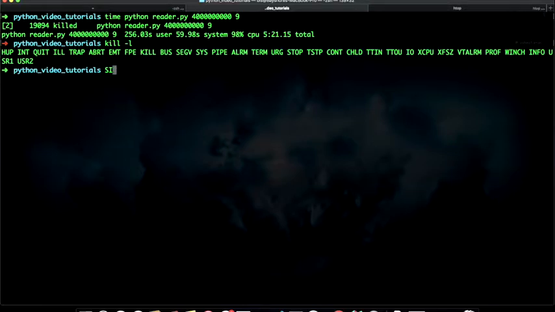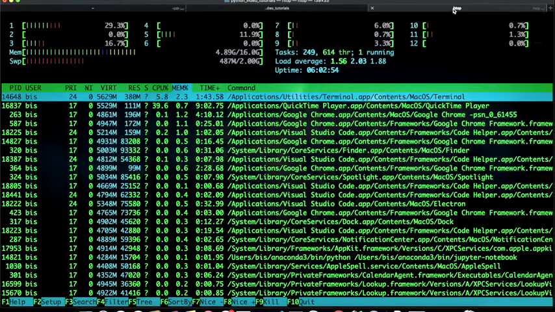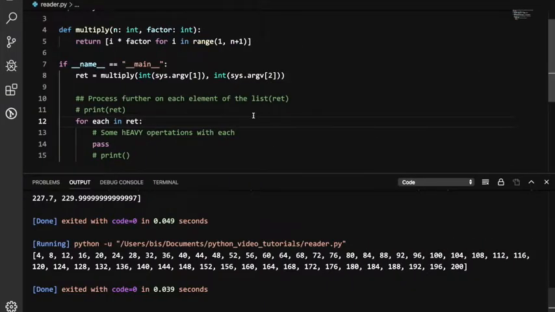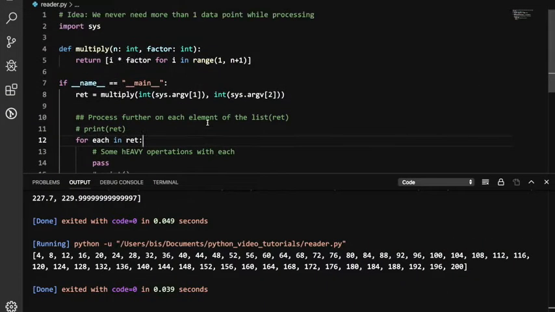So this signal is actually being used to kill the process, probably because it is taking too much RAM or too much memory, and now it is not possible to continue anymore. And this is what you usually see most of the time. Most of the time your program is not able to handle that much data, that much processing. So what you do is you use something called the generator pattern to create data during the